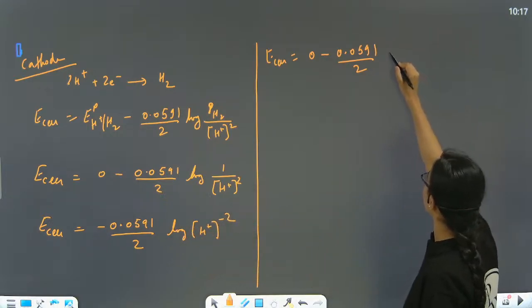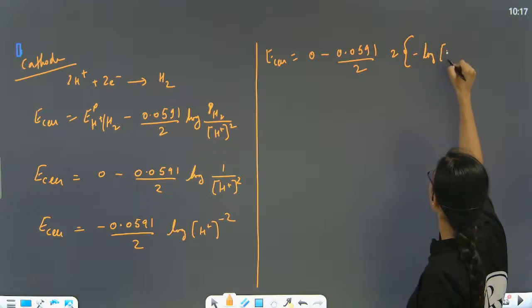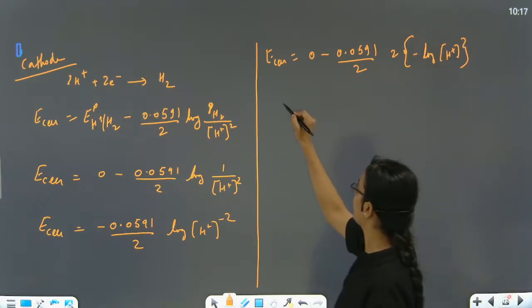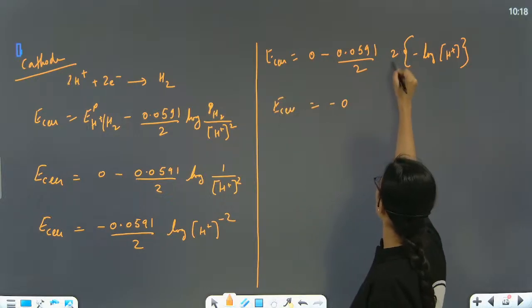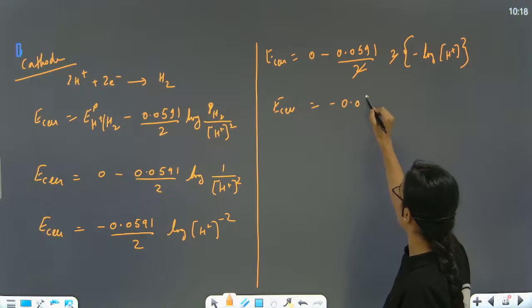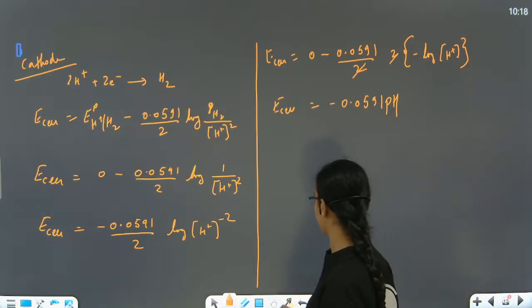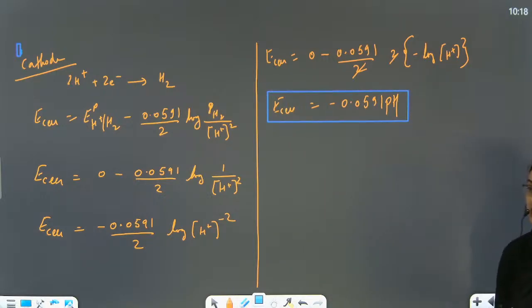Can I write this as 2 बाहर लिख रही हूं मैं, माइनस ऑफ लॉग एच प्लस. हाँ, अगेन माइनस ऑफ लॉग एच प्लस इज पी एच. तो हमारे पास और ये 2 कैंसिल, तो आ गया माइनस 0.0591 इंटू पी एच. ठीक है, क्या डिफरेंस आया एनोड वाले फॉर्मूले में और कैथोड में? साइन. ठीक है,